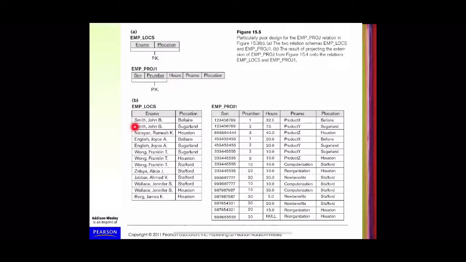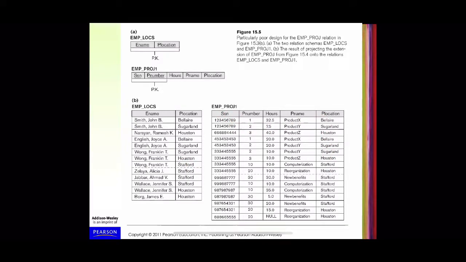Now these are examples for data populated in these two different tables or relations. So John Smith works on two different projects, right? So two different entries will be there for John Smith with project locations Bel Air and Sugarland. Like that for every employee, all entries will be there for all the projects he or she is working for, right? For employee project also we have this much data available.